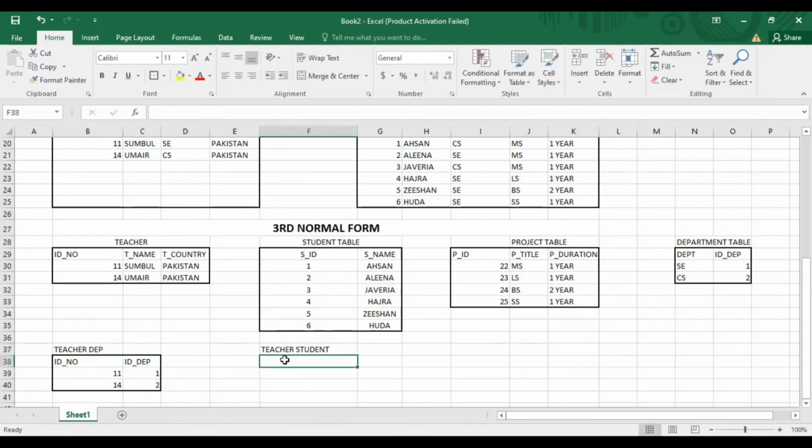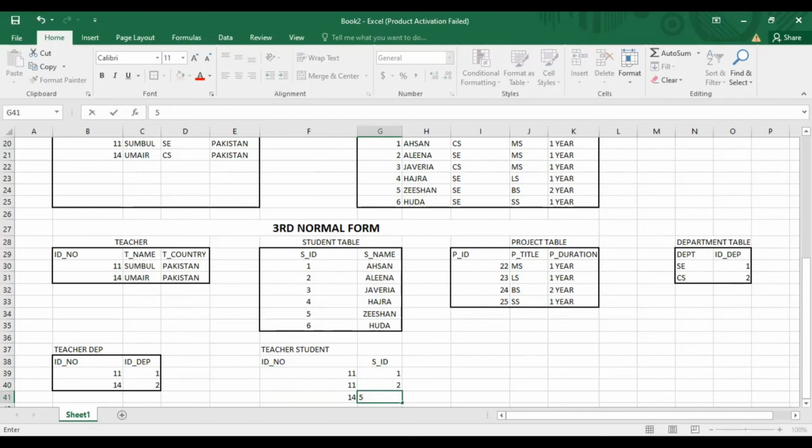Teacher and student: you will write the ID number of the teacher and the student ID. Now, teacher with ID 11 is supervising student number 1. Teacher 11 is also supervising student 2. Teacher 14 is supervising 5.